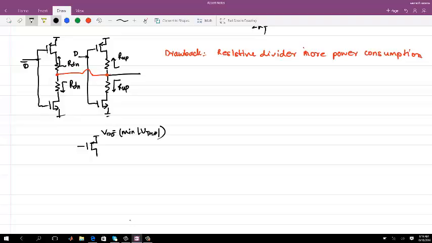So we just need to replace this switch with one which can work with the lower supply. Here I am still saying that I am having 0 and VDD, which is 0 and 1 volt. Right now let's assume that. The control voltage is still 0 and 1, limited by the supply, but the output swing I want to reduce. So I want to reduce the supply of the output driver. So we need to just replace it with a switch which can work with a lower source or drain voltage.